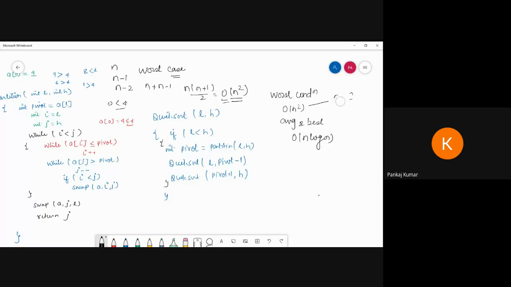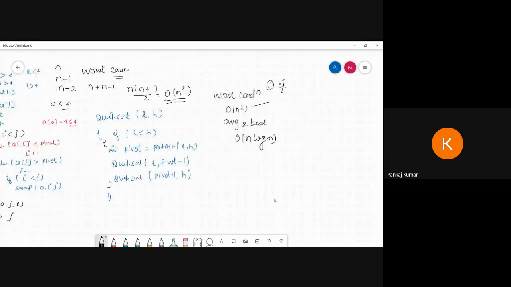So now see, if you note down, if all elements are in ascending order or descending order, then we get the worst condition.